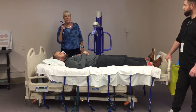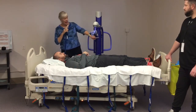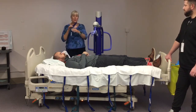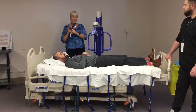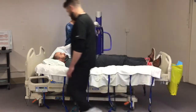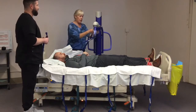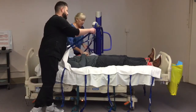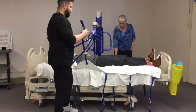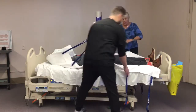Now, we recommend that we do the first 4 loops with the gray and the last 2 loops with the blue. Now, one of the points of using this is that you're going to start with the number 1 strap and then move all the way down until you get to the feet. So we're going to put the gray one on, number 1. We're going to put the gray one on, number 2. My partner's doing the same. Gray one on, number 3. Gray one on, number 4. And blue